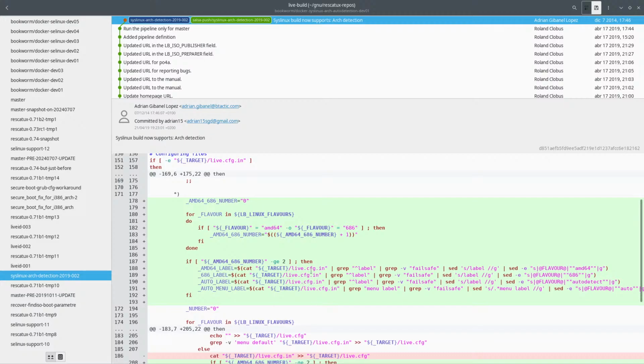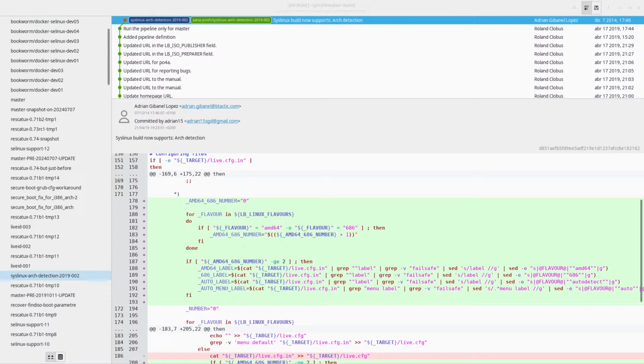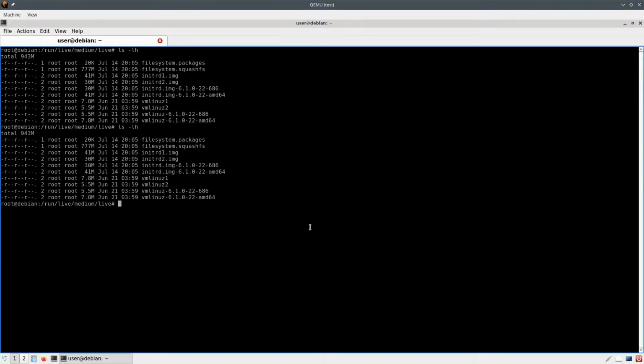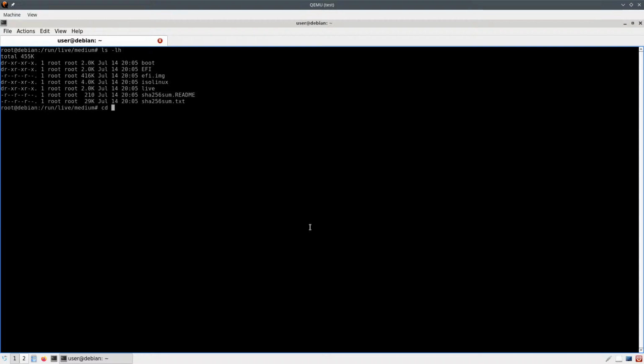I mean, this is very, very, very dirty, because what are we doing here? We are removing failsafe, label, and so on. Let me check what is in here. So we also have